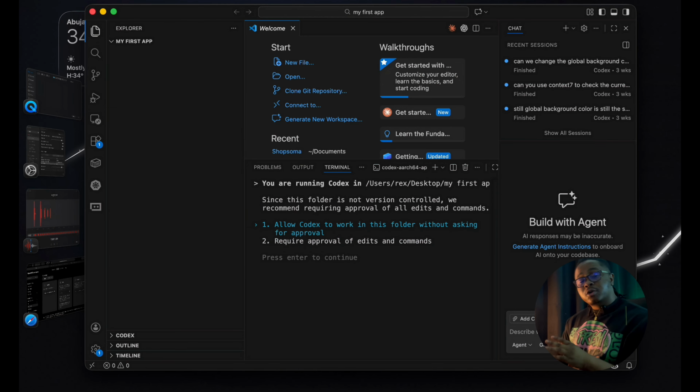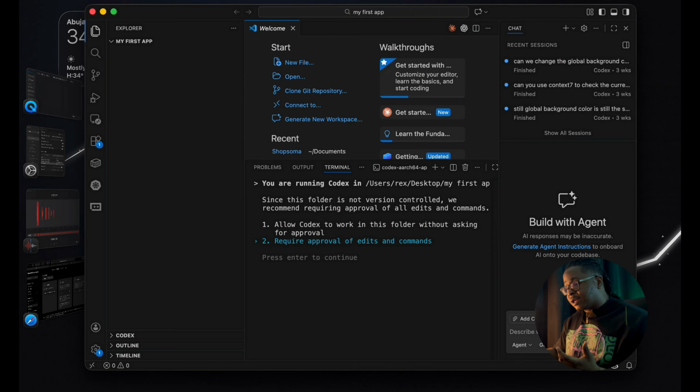So all Codex is simply telling you here is, one, if you give Codex a command and you want it to run with full autonomy, to run those commands and approvals for you, go ahead and go with the first option. But if you want to at least see what Codex is doing and approve it before implementing it, you go with the second option, require approvals. It means that before Codex makes any changes, it's going to prompt you with a simple notification: okay, I want to make these changes right now for you, should I go ahead? You give it permission, and it goes ahead and does that.